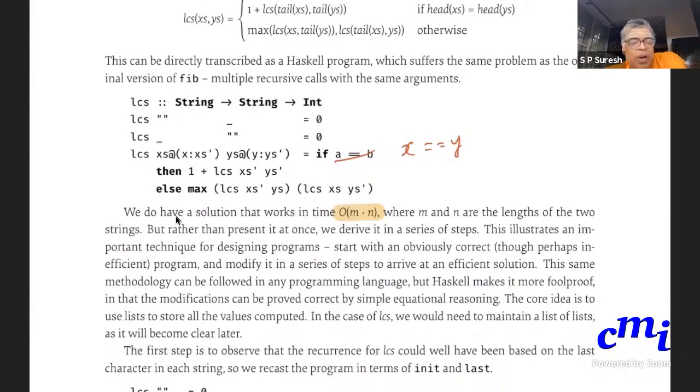This can be done in other programming languages too, but in Haskell, modifying it in a series of steps is more foolproof, because you can derive the program by doing some simple logical reasoning using equations. And the core idea for obtaining efficiency is that you will store the list of all the values computed.